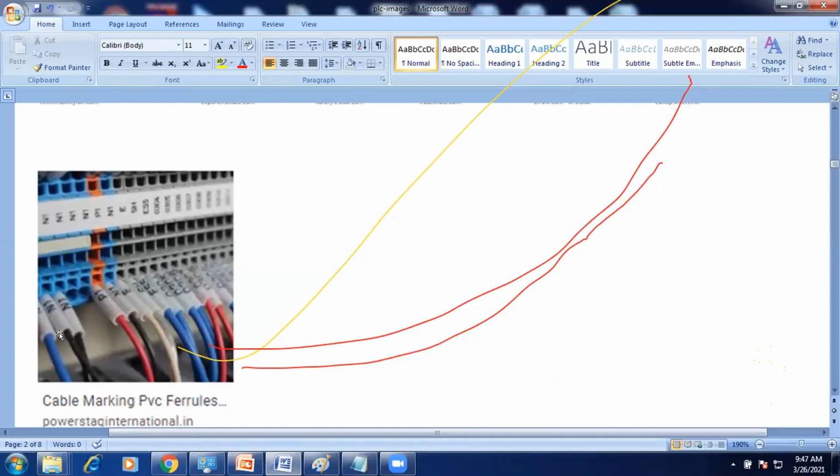So we don't know where the end part is. For our indication, they mention some numbers on that ferrule, that nameplate. The same number will be mentioned where it ends. Not only at the end, if the connection is shorted, that place will also have the same number. For that purpose, we are considering the ferrule.